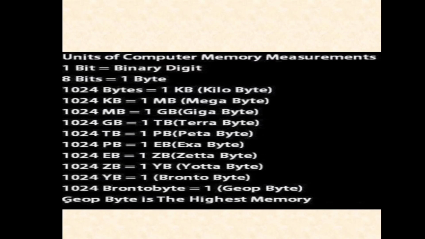Okay children, so this is all about the IPO cycle and measuring memory. IPO cycle stands for input, process, output, and for measuring memory, the simple thing: what is the smallest unit? Bit. And the highest memory unit? Brontobyte. Now I'll show you the copy work which you need to do in your rough copy, children. No need to touch your fair copy for now. Just do this work in your rough copy for your practice.